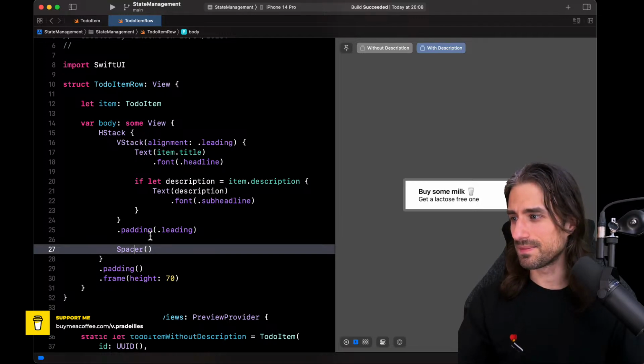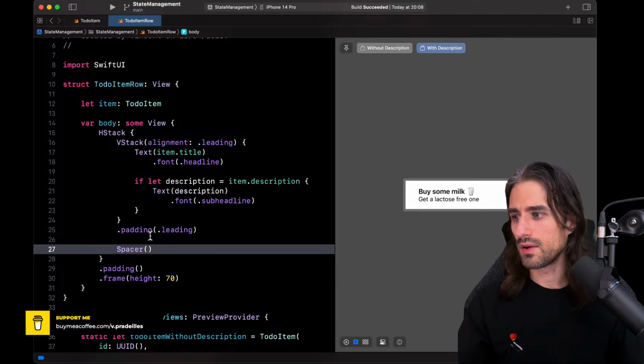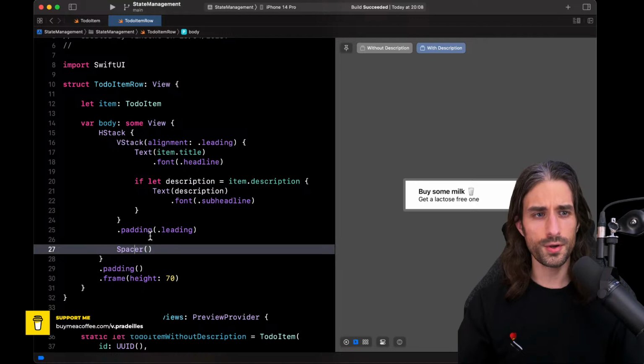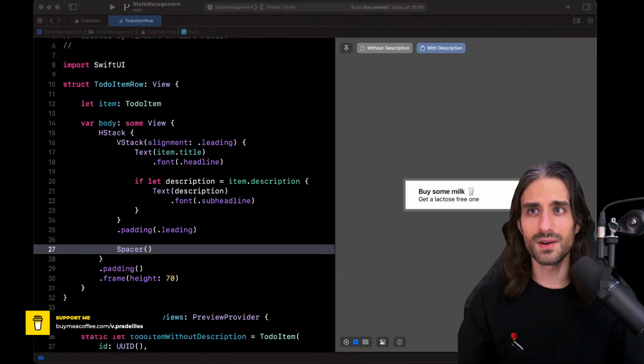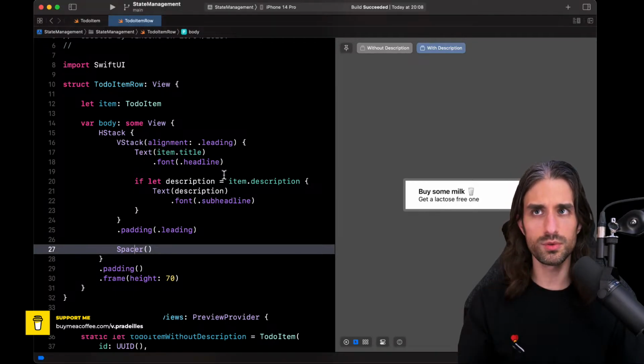All right, let me see. Okay, so we are pretty good because right now we are displaying our to-do item. But of course, displaying it is not enough because in an actual to-do list app, we want to be able to modify the title and the description. We are going to need to have a way to write them, basically. So let's see. Do I want to make a way to write them here? Yeah, I guess we could do that.